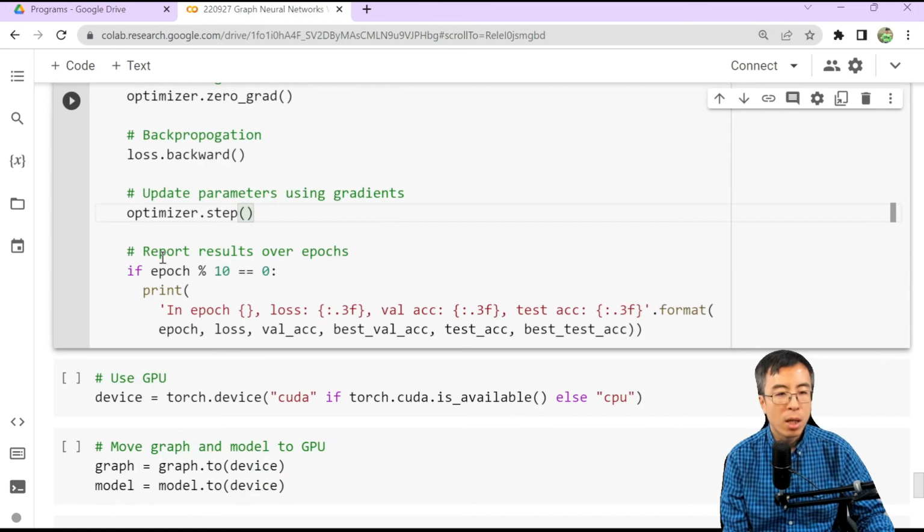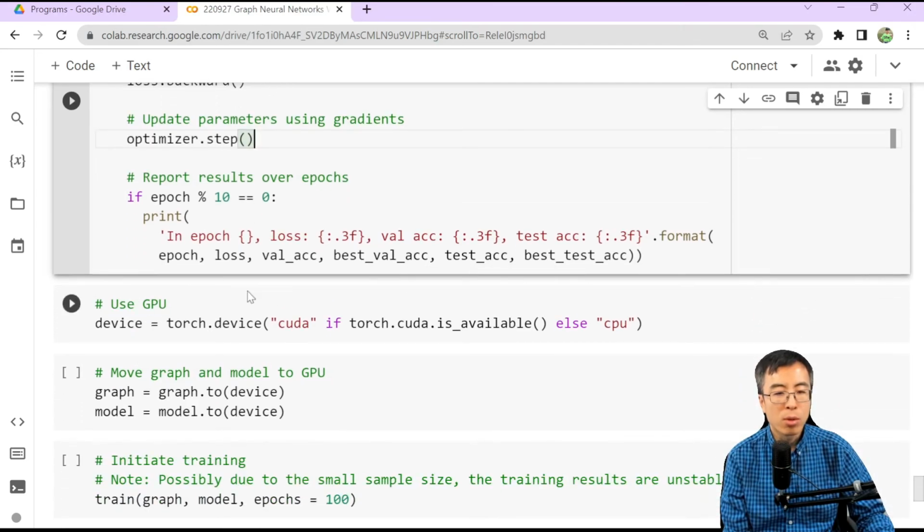And finally, you can choose to report results over different epochs. Here we are going to report the epoch value, the loss, the validation accuracy, and the best validation accuracy across all the epochs implemented, as well as the test accuracy.